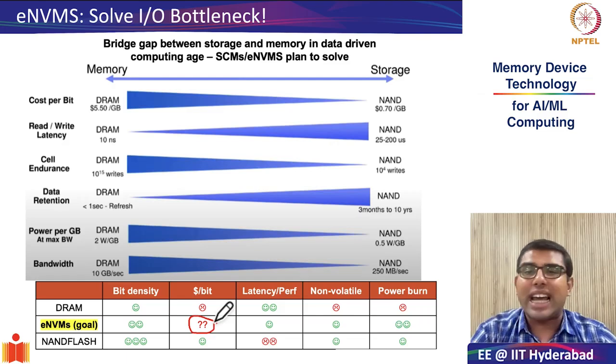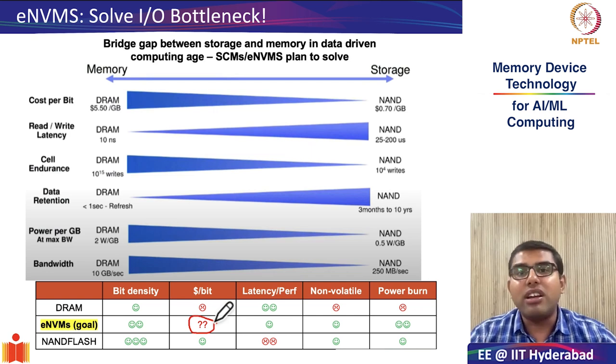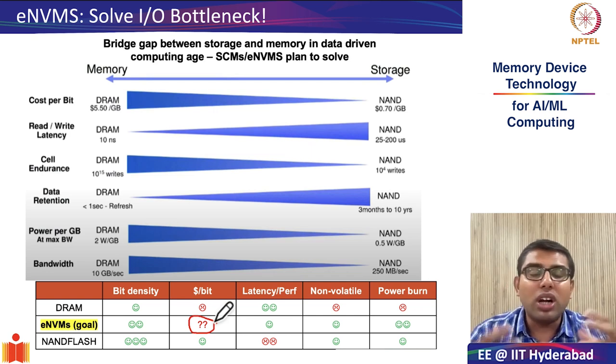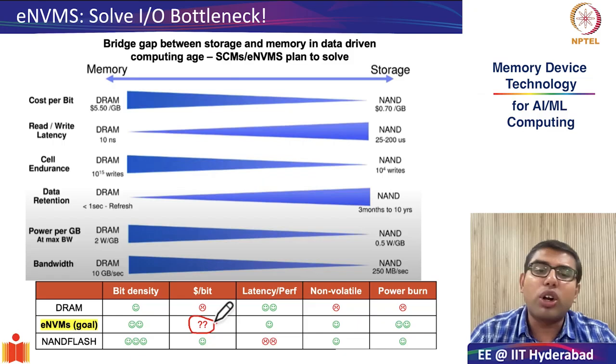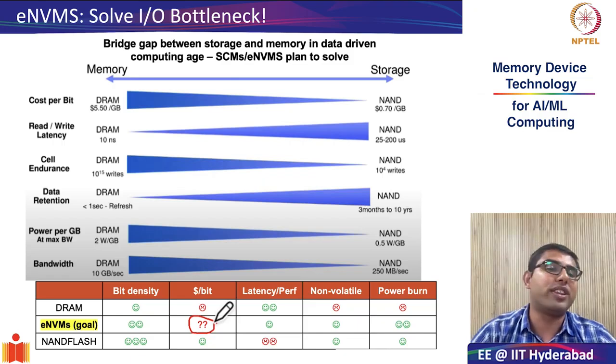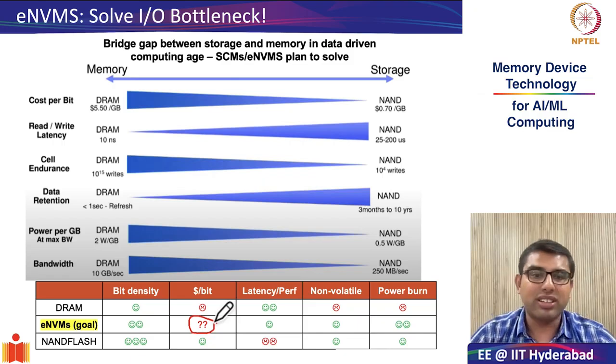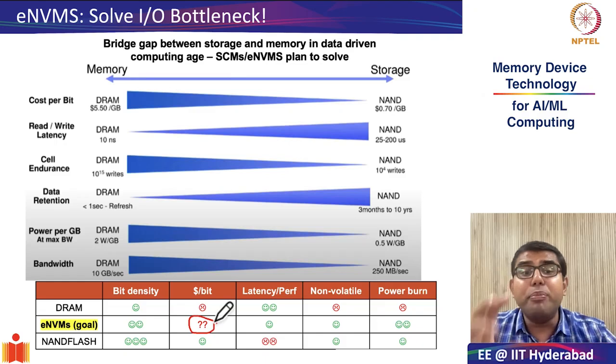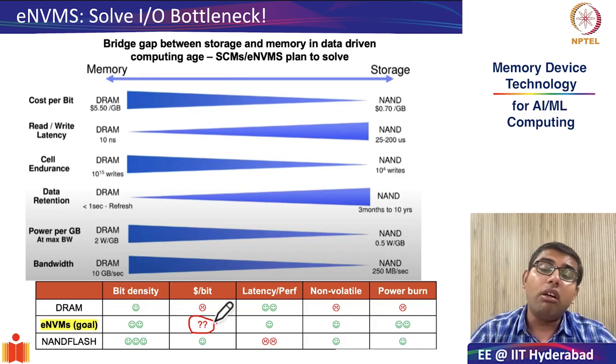And this is the main challenge. What keeps eNVMs from realizing this goal? As we know, all that industry cares about is the final cost per bit. If the cost per bit is not suitable for them, they will never commercialize, right? So the cost per bit is the limiting factor, as I see it, in the commercialization of eNVMs and